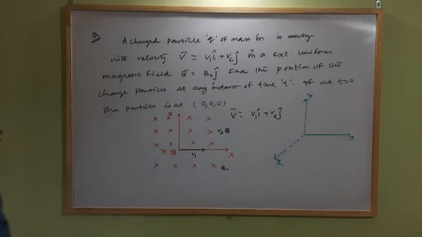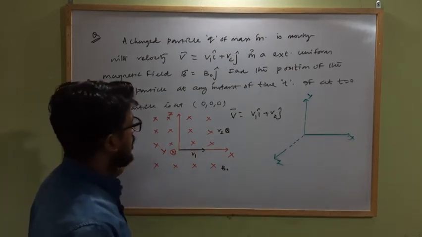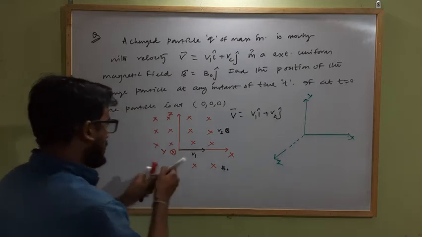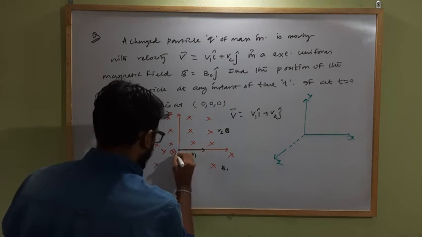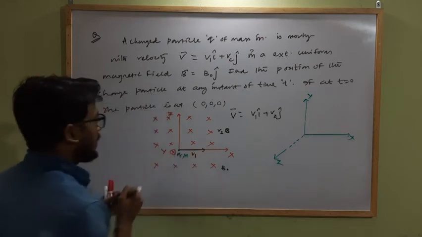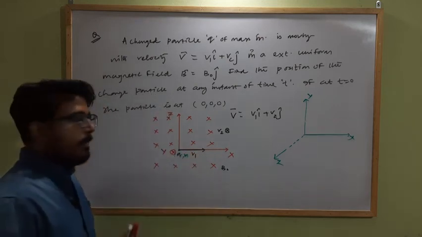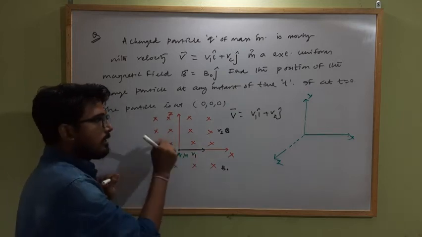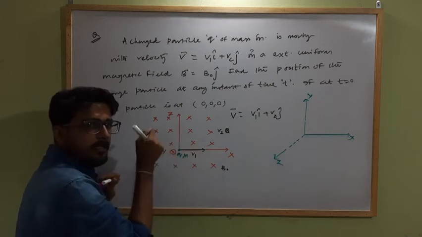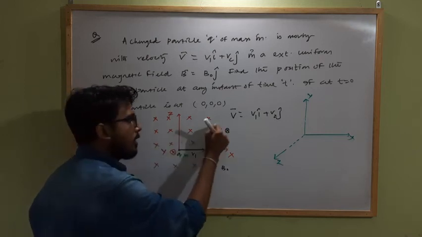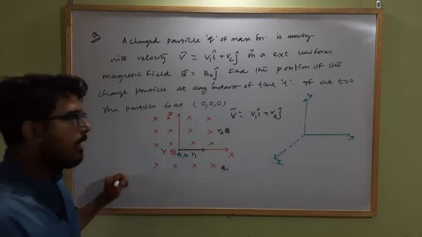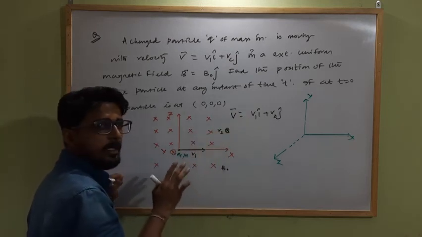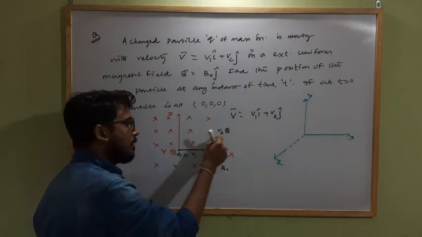Okay. So here what will be the motion of the charged particle which is initially at the origin? Here Q of mass m is initially at the origin. There will be no effect of the magnetic field for the velocity v2. Why? As the component of the velocity v2 is parallel to the direction of the magnetic field, there will be no effect of the magnetic field on v2.